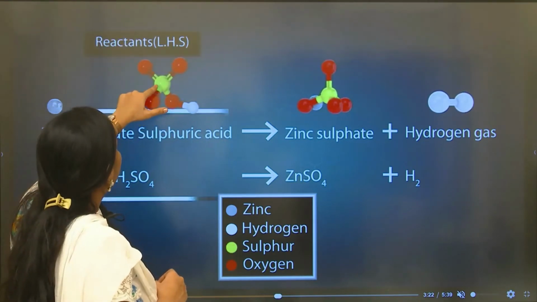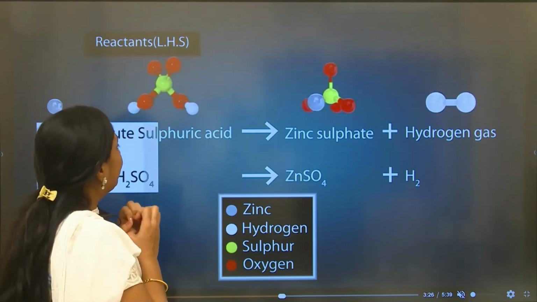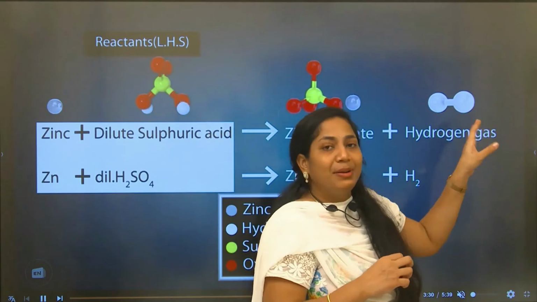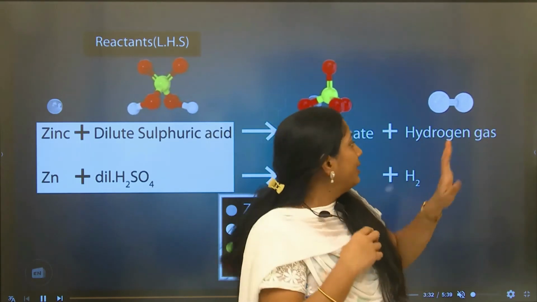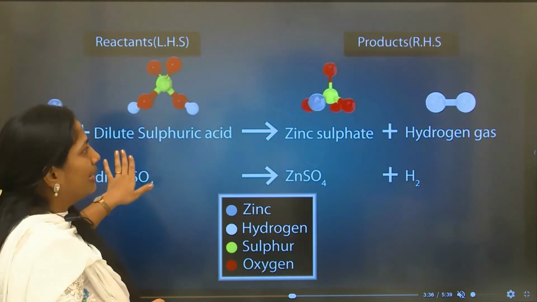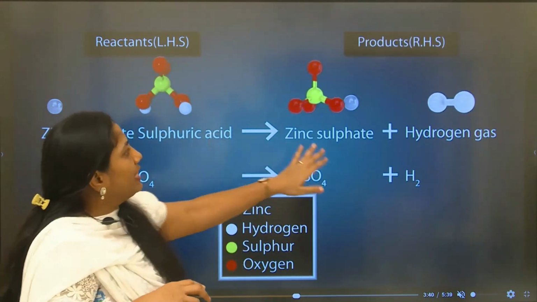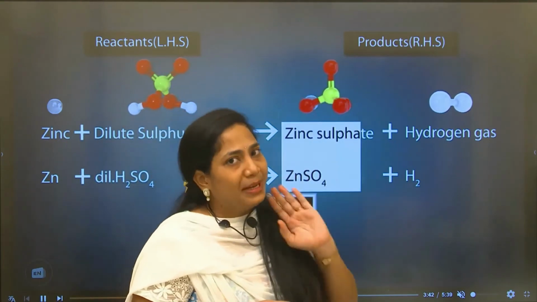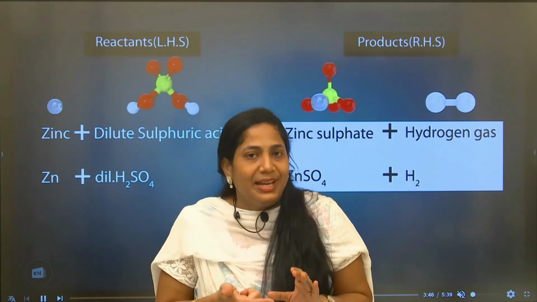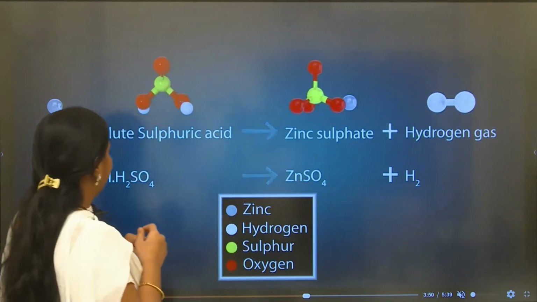And this sulfuric acid, which is in yellow color, is connected with the oxygen, which is red in color, and the hydrogen gas, which will be represented as a gas evolved in white color. So these reactants are on my left hand side, and on my right hand side are always the products, whatever the outcome, which will not be replaced. The reactants have undergone a chemical reaction leading to the products.